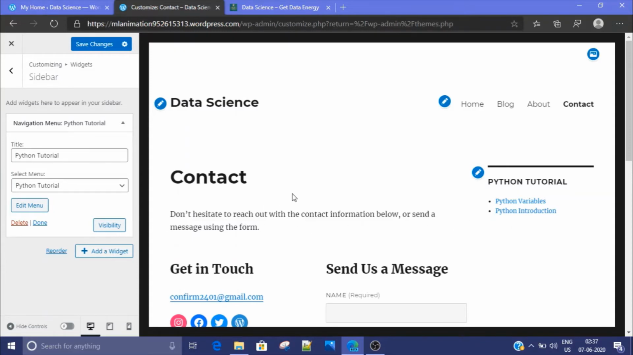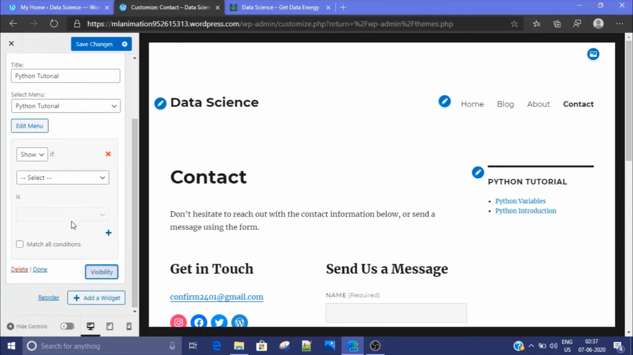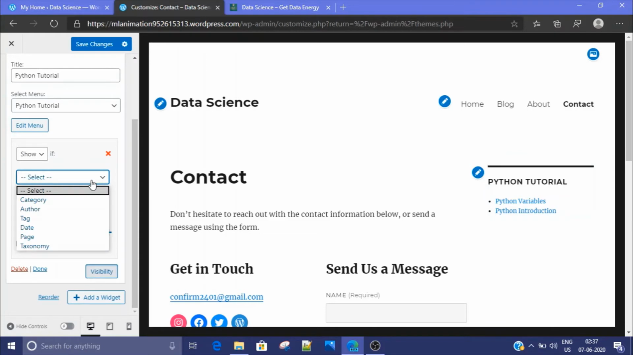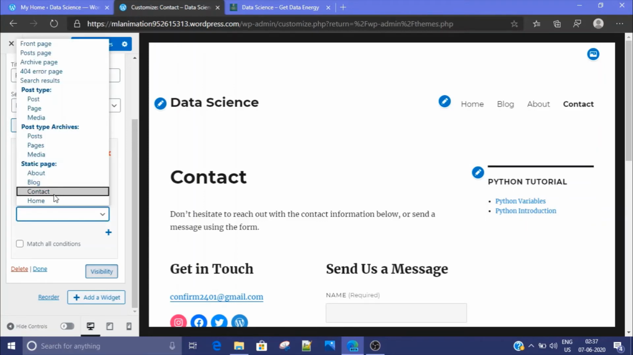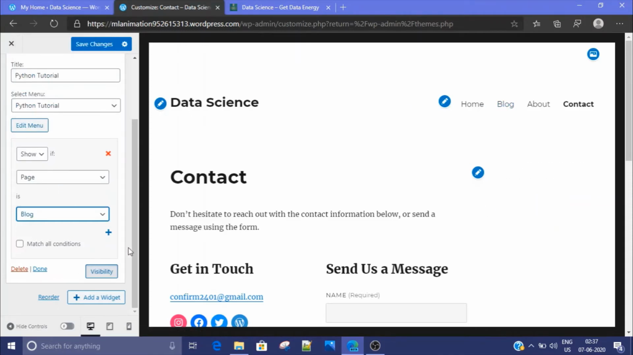Now in order to limit its visibility, we can use this option visibility. We click on visibility and then click on select. Now we can select page and then we can select the particular page on which this sidebar will appear. So now we want to show our sidebar on blog page, so we can select blog page and now you can see